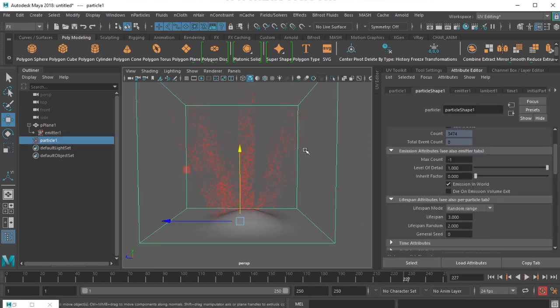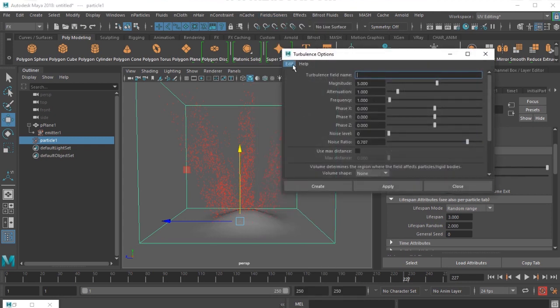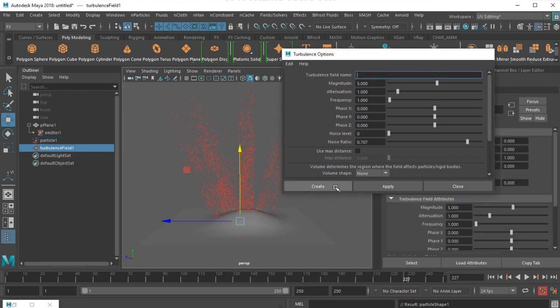Now I select the particles and I'll apply a field, and here I'll be choosing a field called turbulence. I'll just create it by selecting the particles, and the options are default.